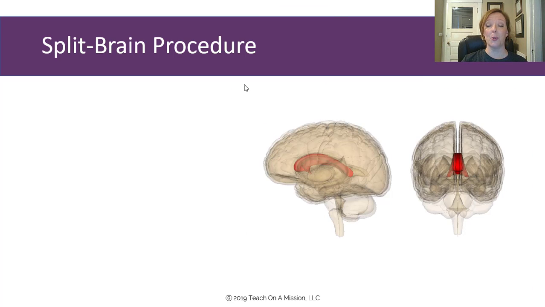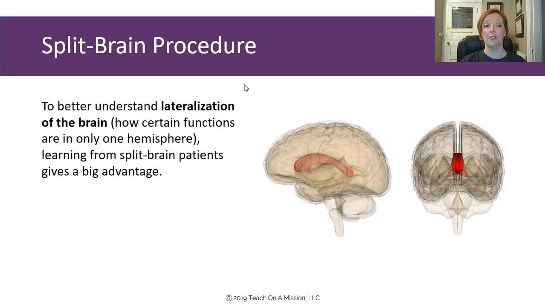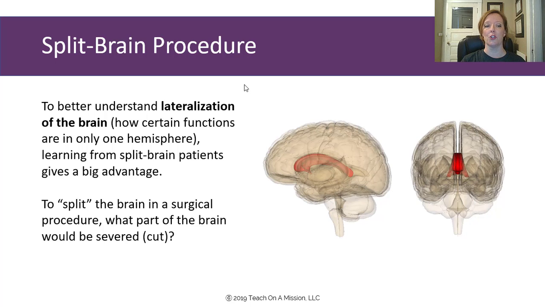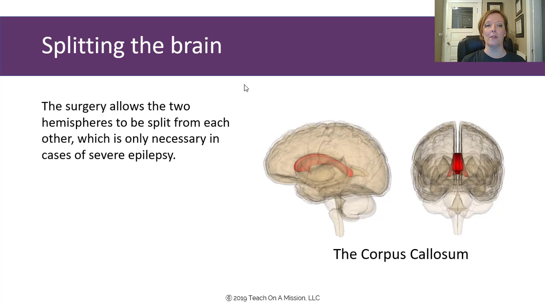Okay, split brain procedure. To better understand lateralization of the brain, or how certain functions are only in one hemisphere, which is what we've been talking about, we learn from split brain patients, and there is a huge advantage here. To split the brain in a surgical procedure, what part of the brain would be cut, do you think? If you said the corpus callosum, you would be correct. This type of surgery allows the two hemispheres to be split from each other, but this is only necessary in